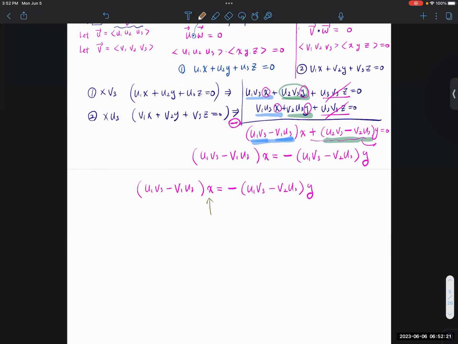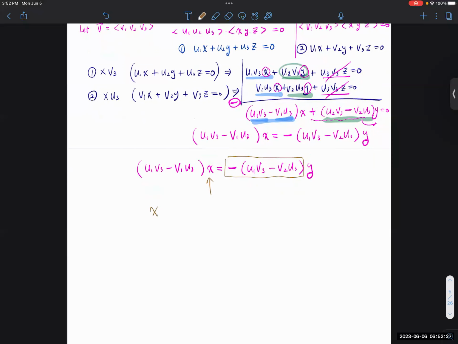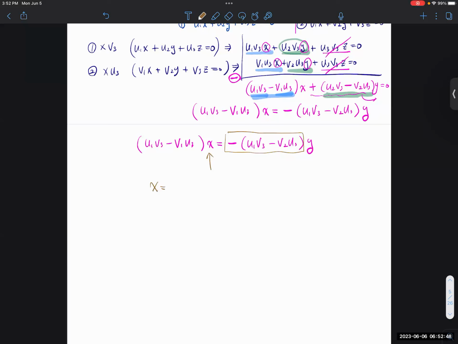If X is this, they're going to be the same number. So if you have X, this means X equals, what is that? We just found out U1 V3 minus V1 U3, that's X equal to this number. So therefore, what's going on? How can you solve for X and Y? If you solve for X, Y, you're going to divide it by, so X is going to be,